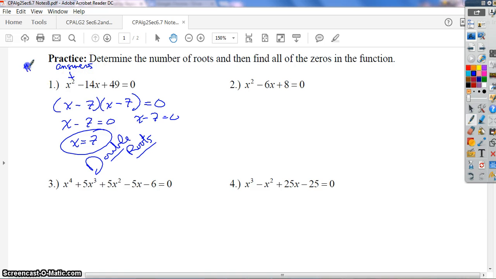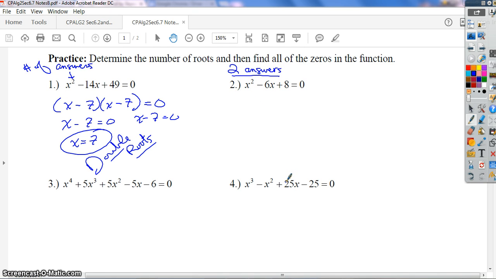I should put number of answers so you won't get confused. So 7 is your answer. It just happens it repeats, so you only have to write it once. So the number of answers, there are 2 answers for this one,